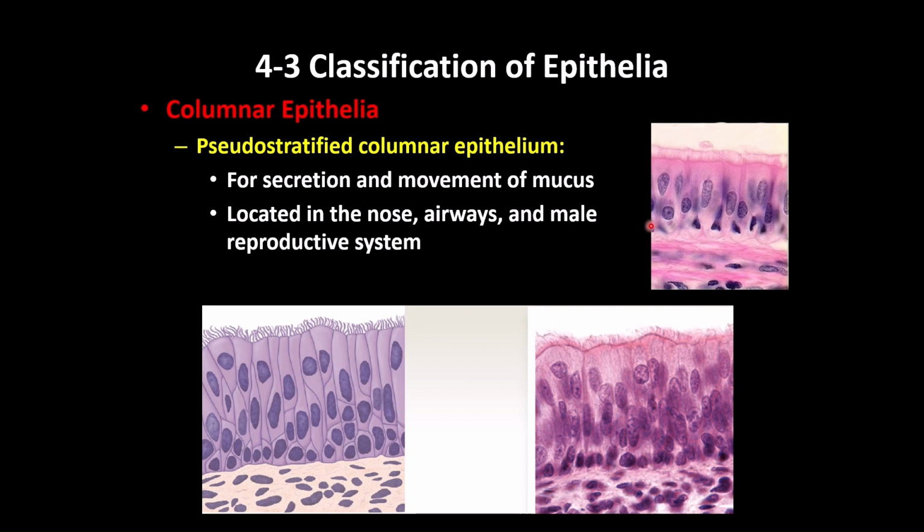So these are in the lower part. So all of them are attached here to the basement membrane. Okay, all of them are attached to the basement membrane. So this is called pseudo-stratified. It looks like multiple layers, but actually all of them are attached to the basement membrane. They are located in the respiratory tract, in the nose, and in the trachea, and also partially in the bronchi, and also in parts of the male reproductive system. You can see